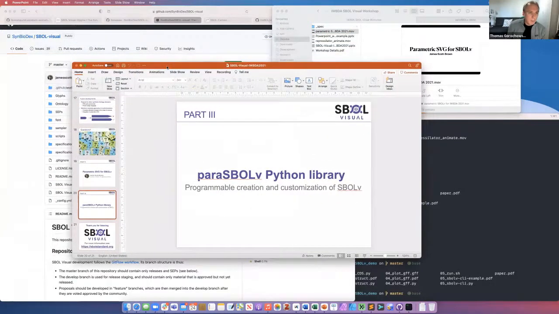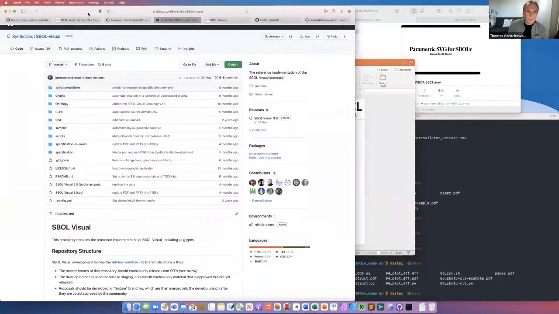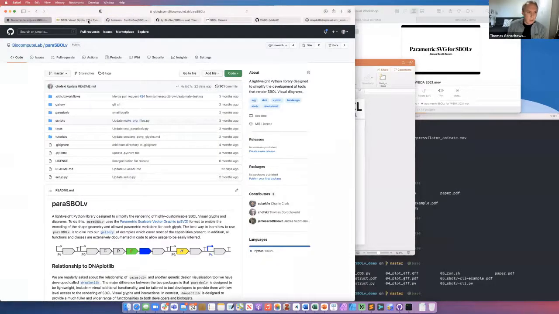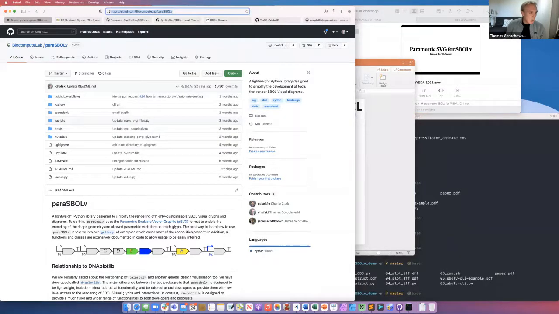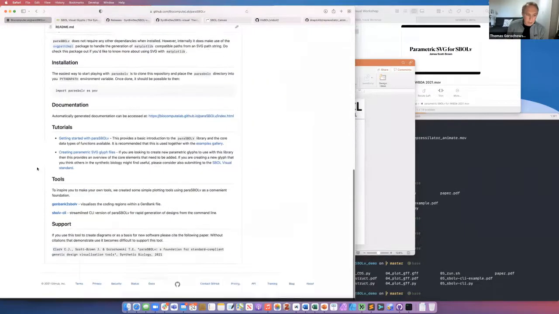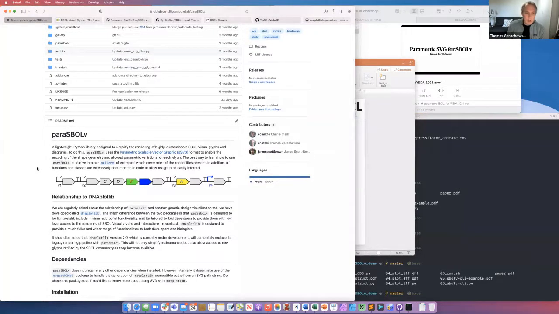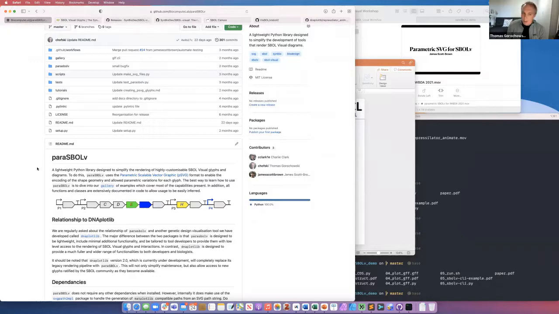So okay, to show you how it works, there is a GitHub repository that you can go onto to actually have a look at it. If you want to have a look, you can go to this link here. And this is the current release. And we also have a paper that was recently put out in synthetic biology from Oxford University Press. So that explains what the